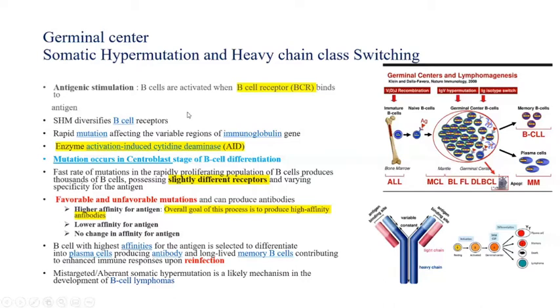There will be mutation, and mutation is happening at a very high rate. This is a B cell receptor. It comprises a heavy chain and a light chain, and this is the variable region. The variable region is the antigen binding site. So this site keeps on changing because of different antigenic stimulation. This is known as somatic hypermutation. After somatic hypermutation, there is a class switch, meaning that initially it will secrete IgM, but for a different antigen it should secrete IgA or IgG. So there is class switching also.